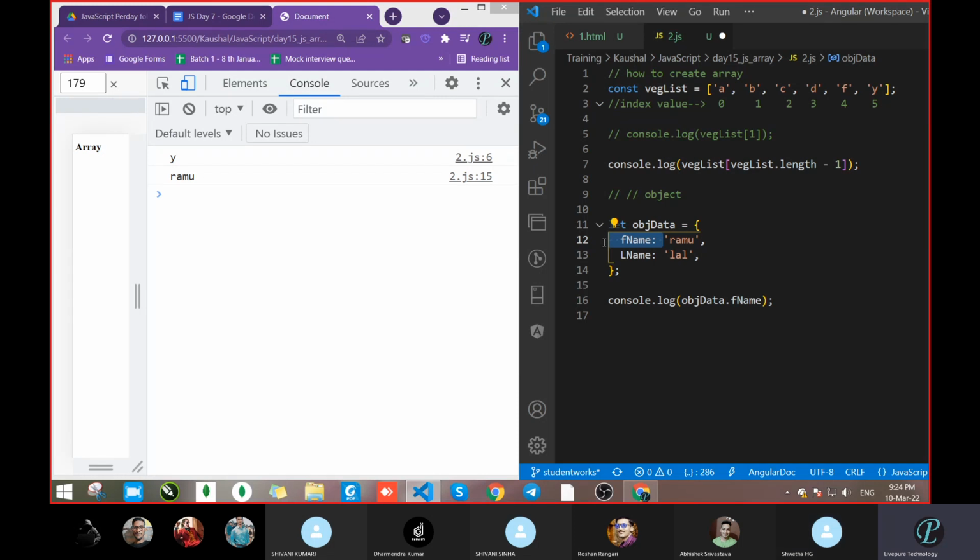We will access the data with the help of key, not the value, because value is value. But in case of array, we will access the data with the help of index. So whatever index is there, we can pass inside like this. Everyone clear up to here? Anyone having any doubt? Tell me.